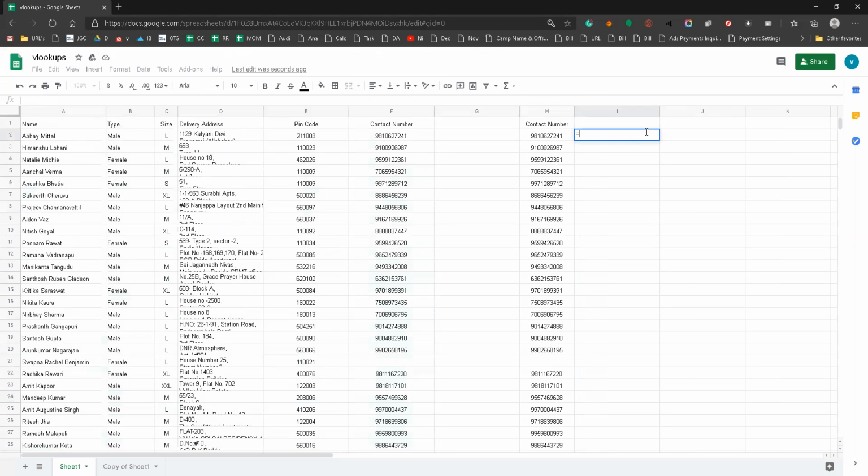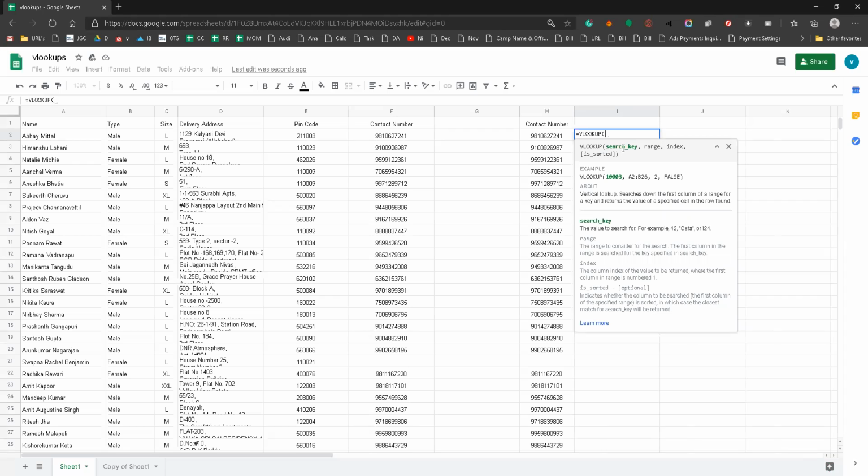First we have to keep the equal to sign. Next, Excel has default formulas. When I click on V, you can see the instant options and formulas in Excel. From these we are using VLOOKUP as the formula here. When I click on VLOOKUP, Excel instantly asks what data is to be added to extract the data. So here is the data. We have to select the range of the data, and accordingly we can extract the data from it.